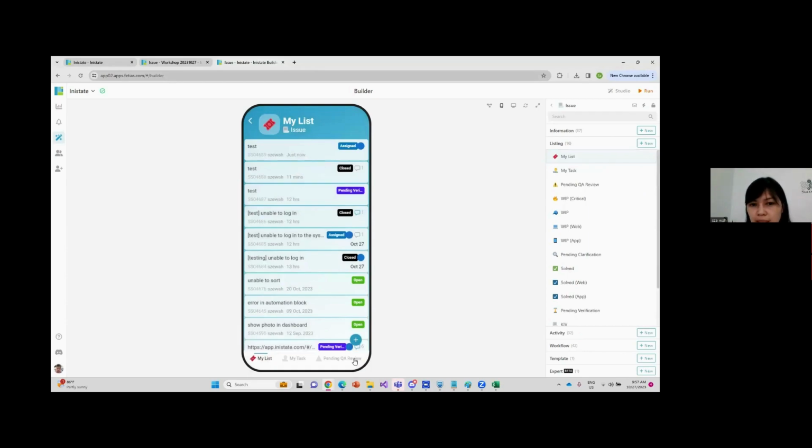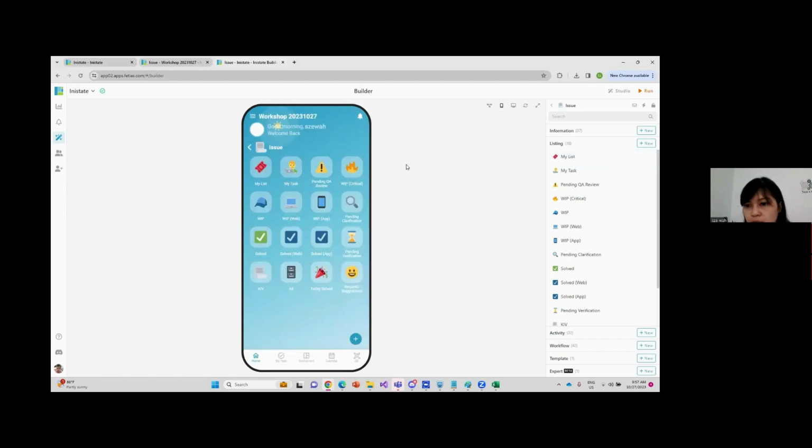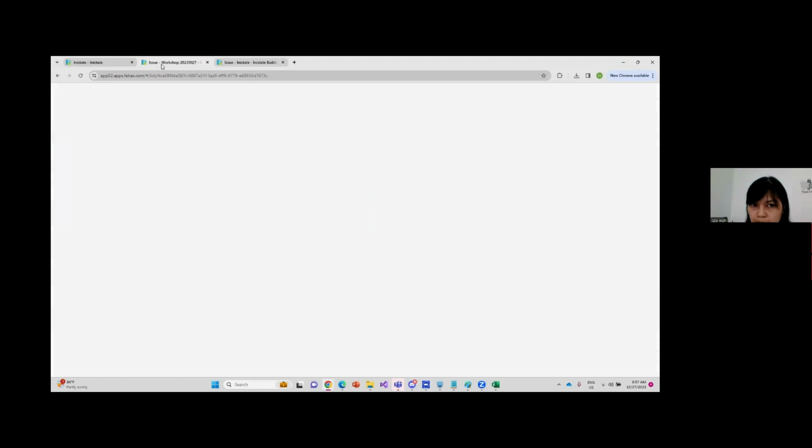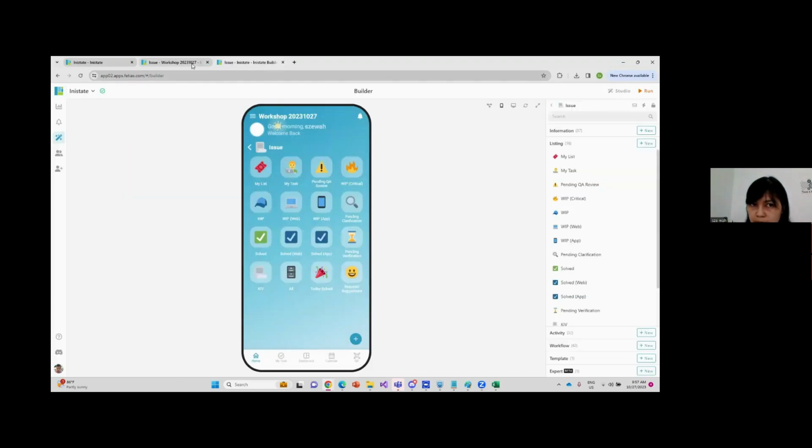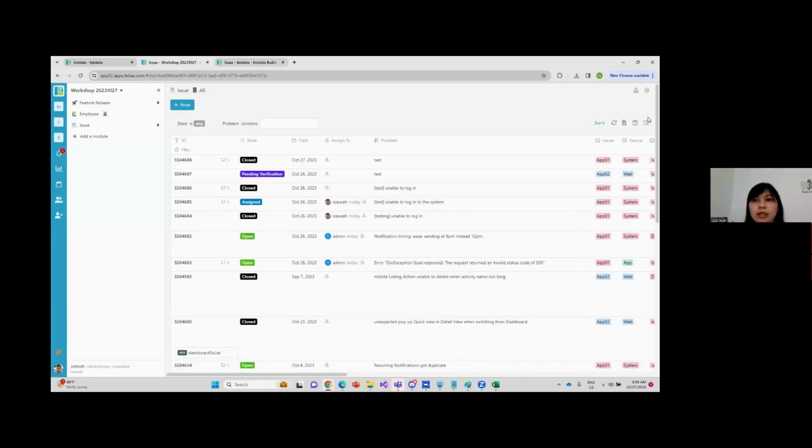Okay, so the status changes following what we designed. Okay, so any questions about the mobile apps and also the web-based? This is web-based and this is mobile apps. No, right? Okay,